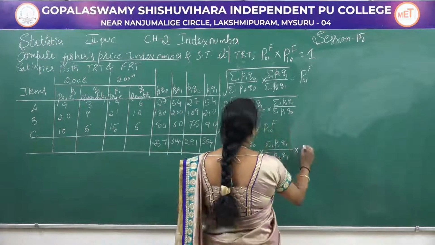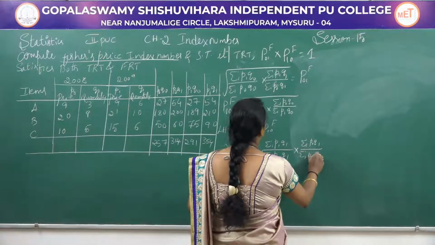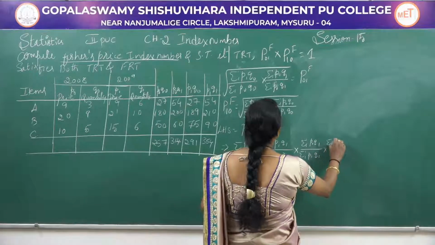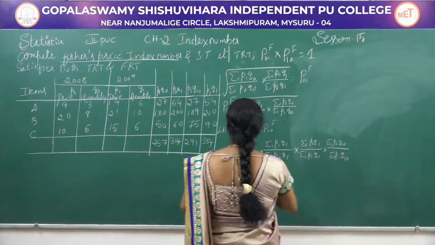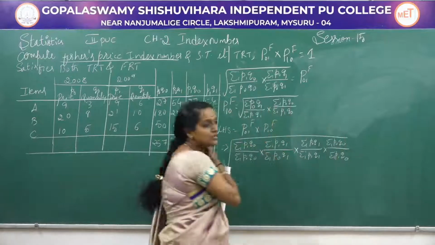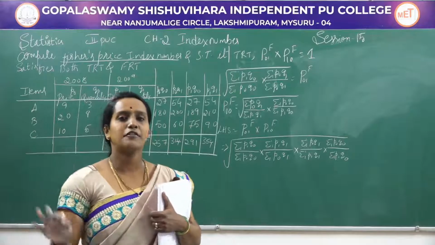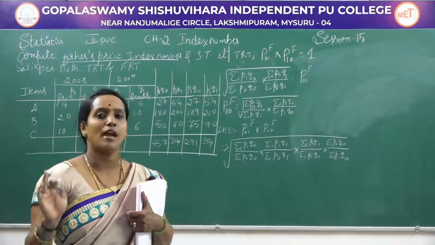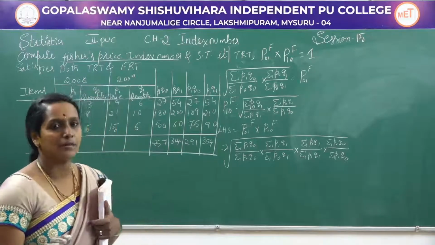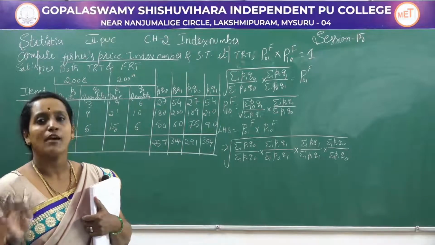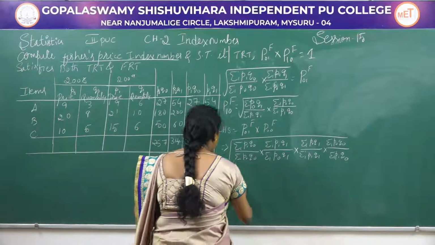Now I am taking the product of this, that is summation of P naught Q1 by summation of P1 Q1 into summation of P naught Q naught divided by summation of P1 Q naught, the square root. Hold the square root. Simply don't cancel the formulas. You have to substitute the values, then we have to show it satisfies TRT. Simply if you cancel the formula, you won't get the marks. You have to substitute the values from the table. So first substitute the values for this